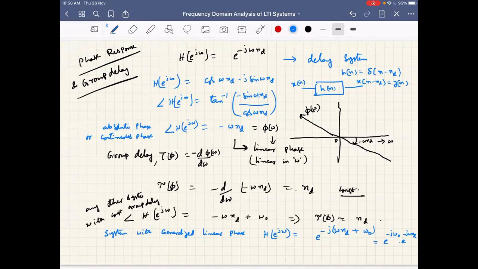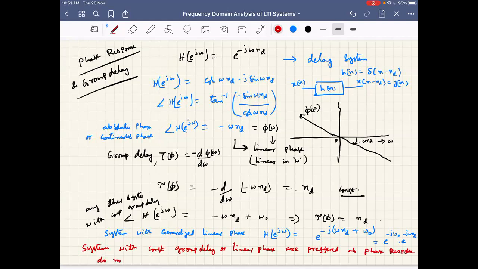Avoiding any distortion due to the phase response introduced in the processing. Okay, systems with constant group delay or linear phase are preferred as